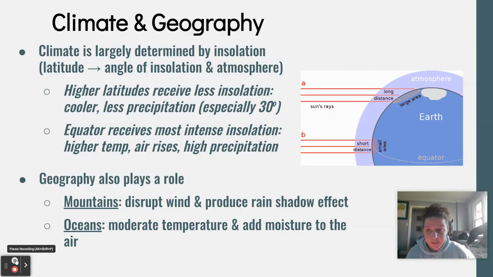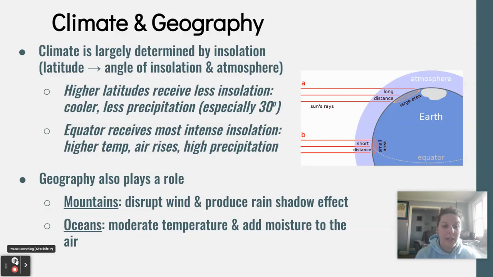Get out of here. All right, so like I said, those mountains are going to disrupt wind patterns. They're going to produce rain shadow effects. And then our oceans are also going to play a really important role. They're going to help moderate temperature, and that's because the water is actually going to absorb heat when the land